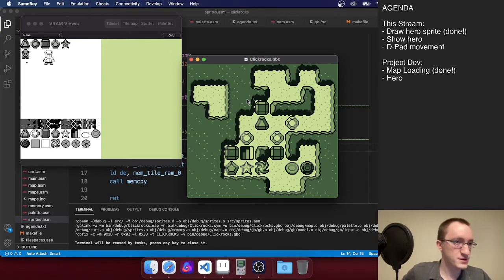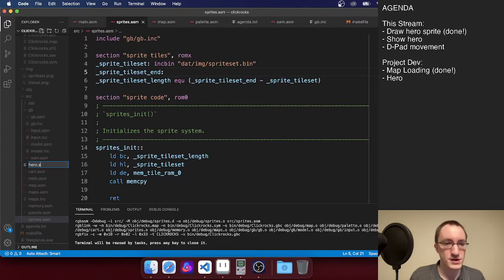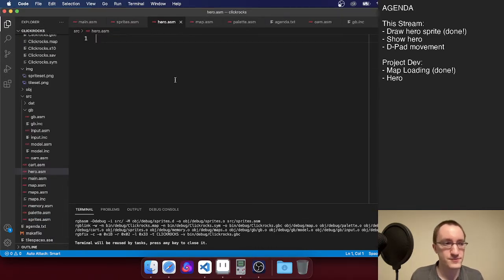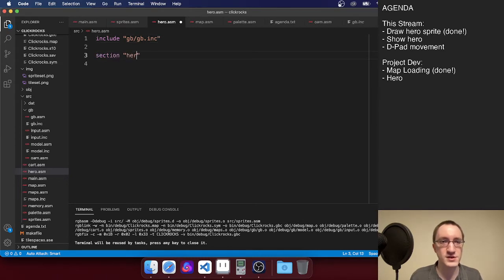We need to display the sprites. But we are also going to be writing this at the same time as we begin writing the code to represent the hero. So I think we're also going to create the hero assembly file right now. Let me consult some C code real quick. Yeah, okay. So we're just going to go ahead and create hero.asm. Let's include gameboy.inc, and then section hero vars